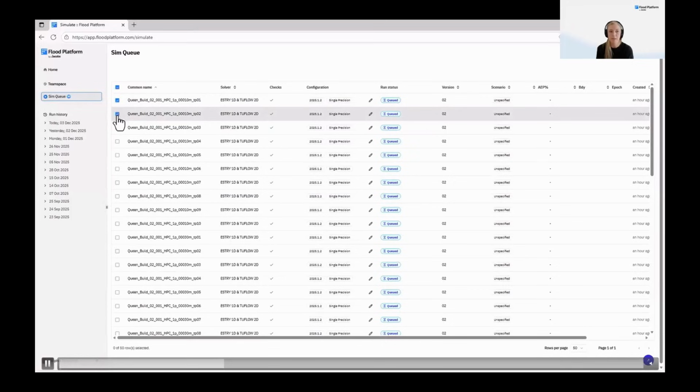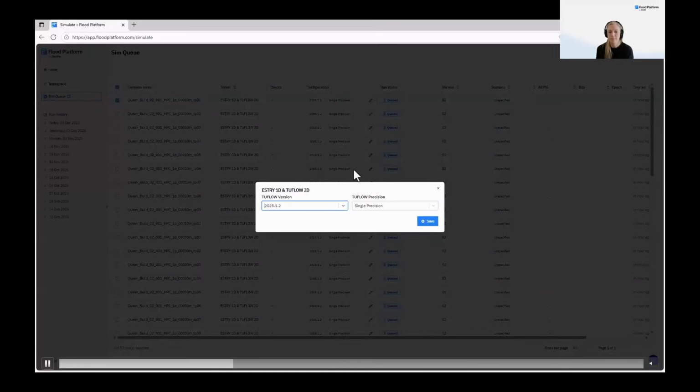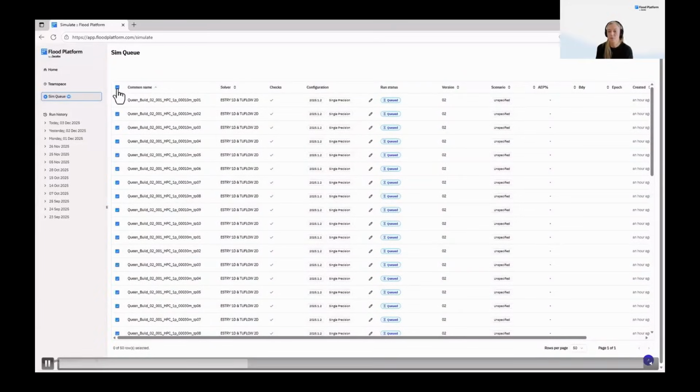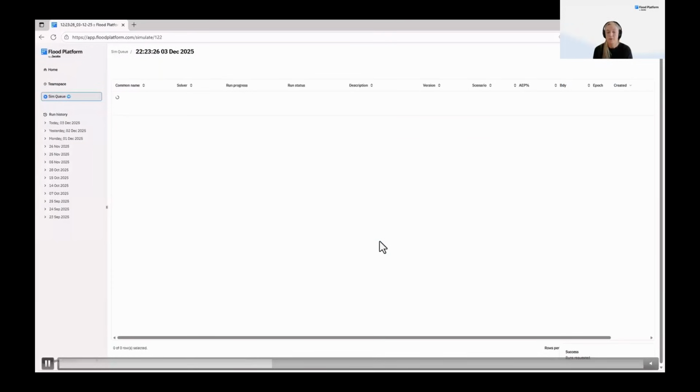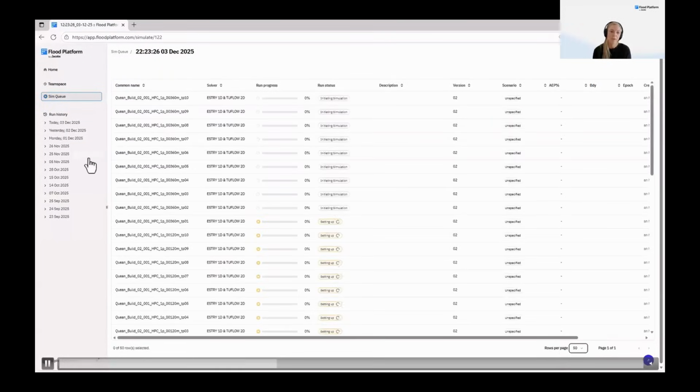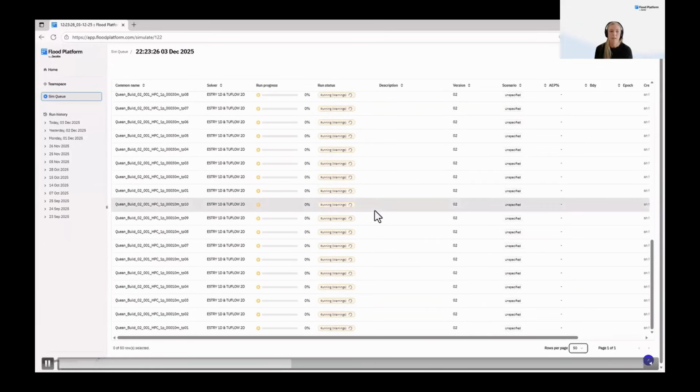You can set one off at a time by selecting them in the list, or you can select them all, which I'll do in a second. You can also select the version of TUFLOW that you're running. So you don't have to install lots of different versions, and you can also upgrade a simulation to the latest version to see what happens. When you hit run, Flood Platform checks, one, have you got licenses to do what you want to do? And also, do you have all the data to run the models that you need to run? If you're missing a tin file or a ground model, then it will stop you there before you start trying to pay for things.